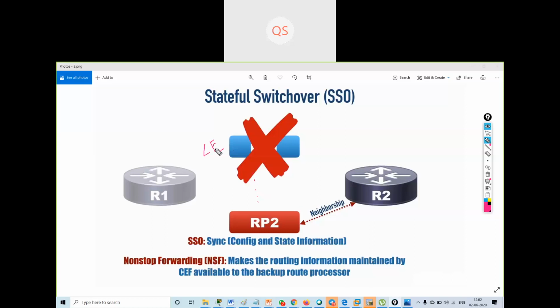Cisco Express Forwarding. Whatever forwarding table is there, it will exchange that forwarding table with the secondary route. It makes the routing information maintained by CEF available to the backup route processor also. In this way we can form SSO, stateful switchover, with the help of NSF.